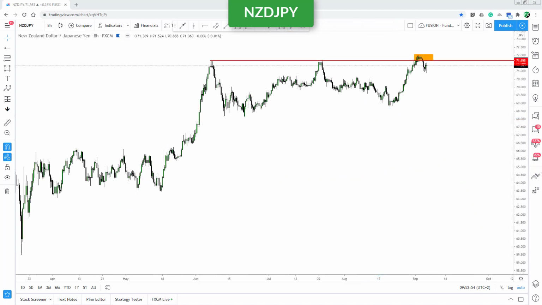All right, then finally, I just want to cover a couple of non-dollar pairs. And the first one is New Zealand dollar JPY. And this is one we actually already took in our trading room. A few of our traders got in at these levels over here. But what I'm looking for with this one, after the market cleared these highs of this range, it had the consolidation and then it broke down. And ideally, if we do find corrective price action back to this flip zone area, we can look to get short this market, and we can hopefully take it to the bottom of this range to complete this structure to